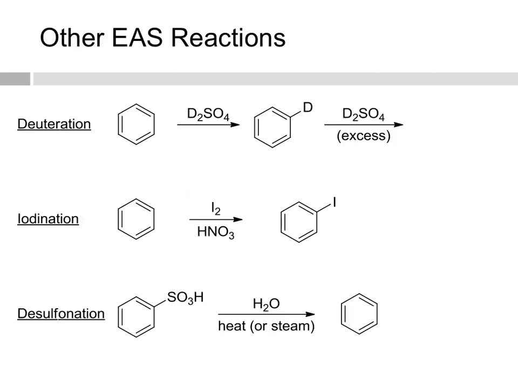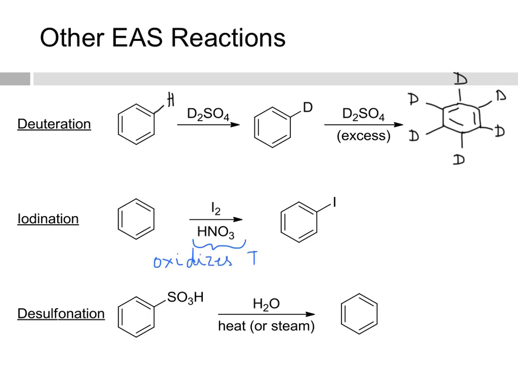Deuteration also undergoes an electrophilic aromatic substitution mechanism, and in this case we are substituting a hydrogen with a deuterium using deuterated sulfuric acid. If we use excess deuterated sulfuric acid, we can deuterate every single position on the aromatic ring. We can also do iodination using iodine and nitric acid. Here, nitric acid is acting as an oxidizing agent, and it oxidizes iodine